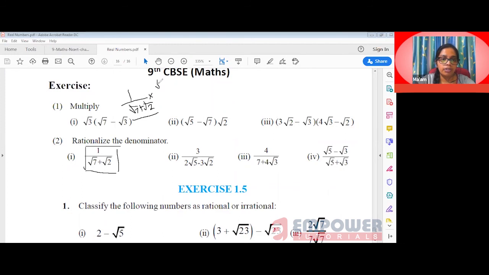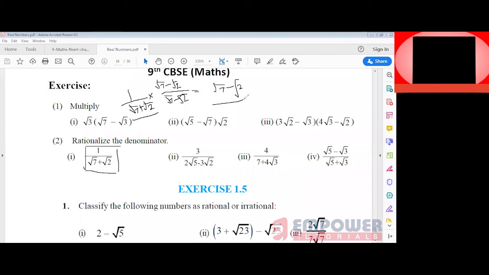The conjugate pair of this is root 7 minus root 2. Since I have plus sign over here, the sign will be minus over here, and I need to multiply this conjugate pair to the numerator and the denominator. So this is what I will get, root 2. Okay, so the answer of this will be 1 into this bracket, which is root 7 minus root 2, correct? Yes, ma'am. And this is nothing but a plus b and a minus b form. Yes, ma'am. So this will be the square of root 7